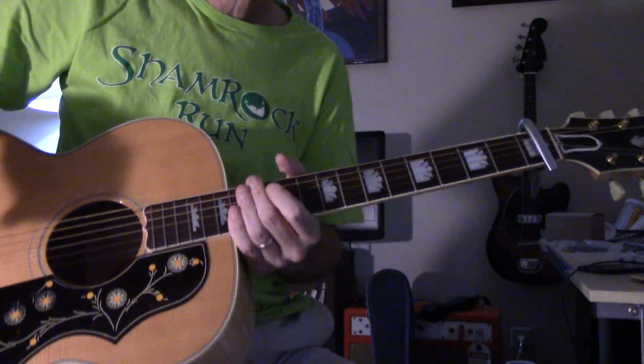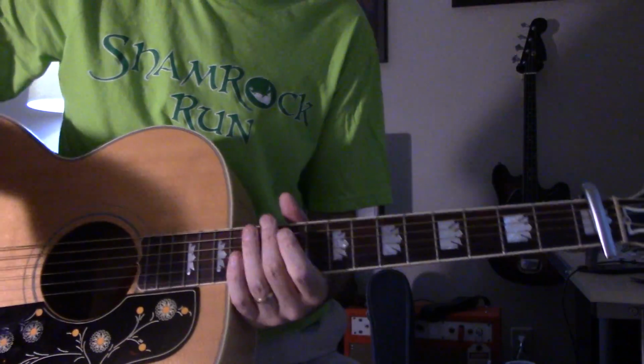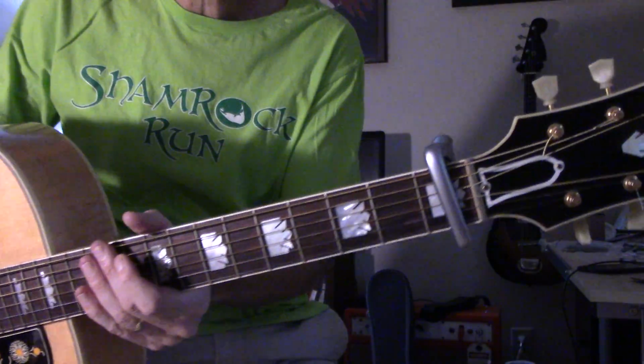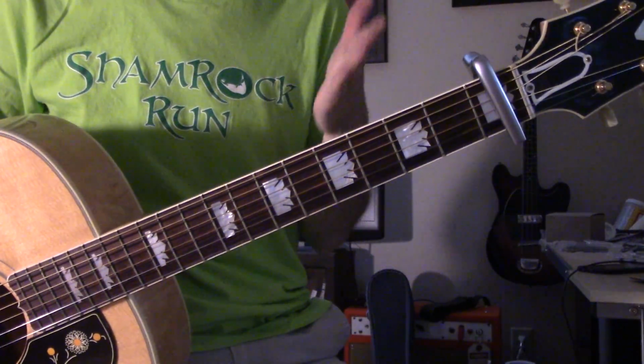Hey all, let's try to run through some chords for Hearts. Do one for Marty Balin. I don't know what the chords are, the arrangement is that the acoustic is doing, but this seems to make